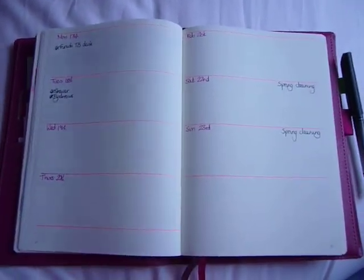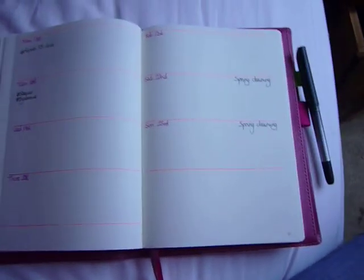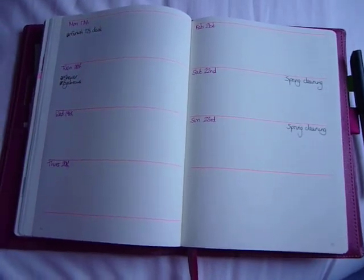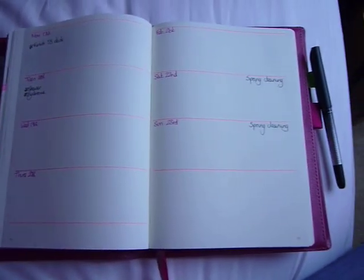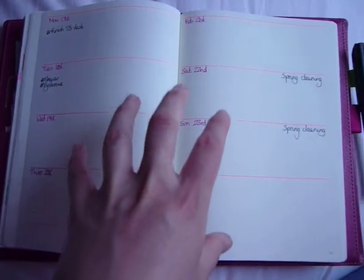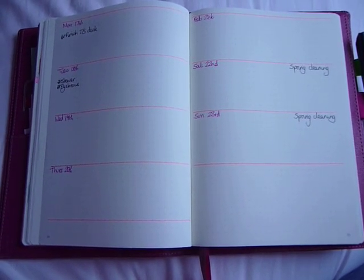I'm enjoying it. I'm definitely learning what I need in a planner, what I don't need in a planner. Developing ways around the fact that I don't want too much temporary stuff in here, and definitely on my way to figuring out what I need for my weekly planning and stuff like that. It's definitely still a learning curve, and I will be coming back to you in a couple of weeks to do the week 3 and 4 to show you what I've done then, with what I'll be focusing on is making my weekly spreads more effective, using them more effectively. So I will show you what I've been doing then,